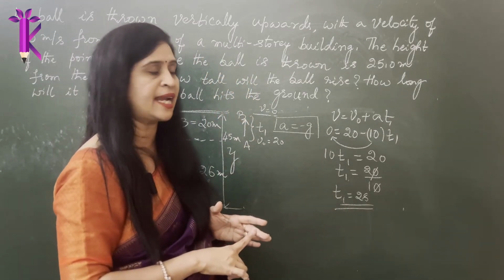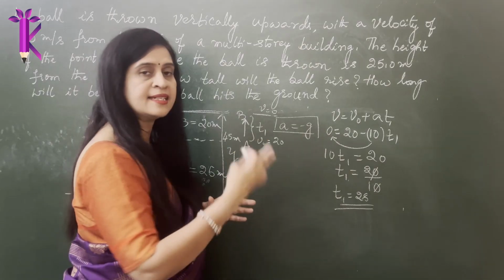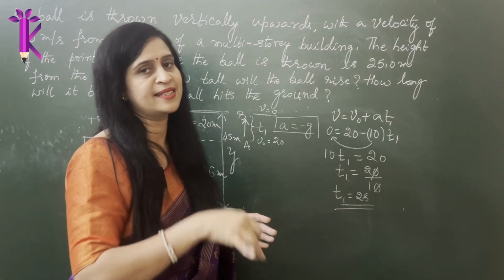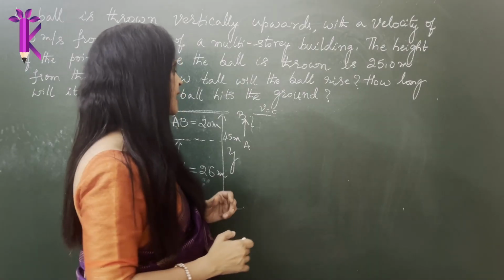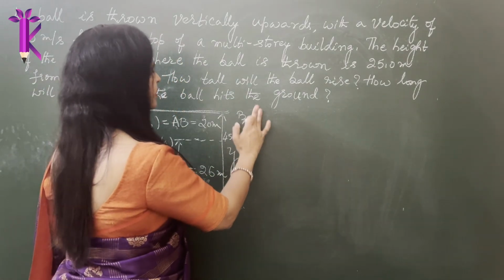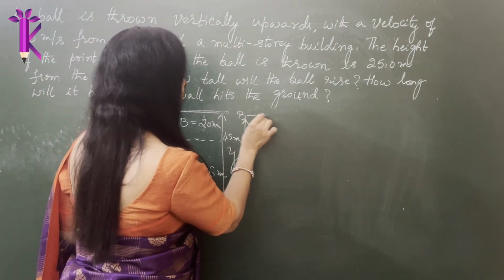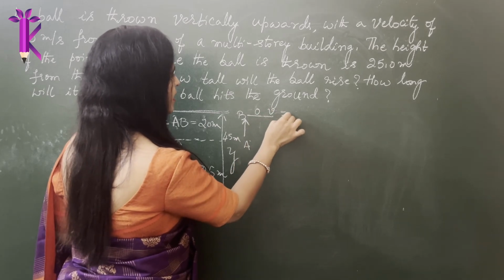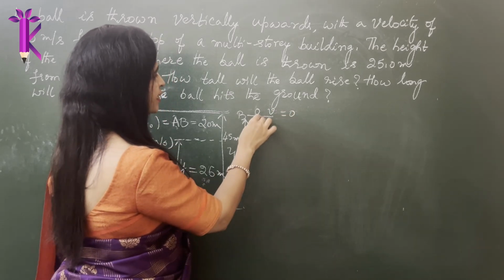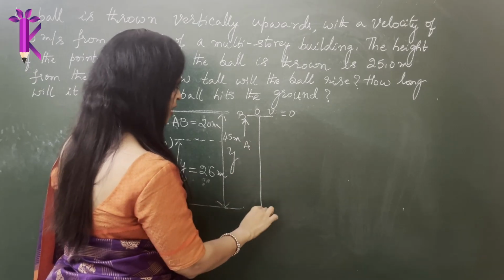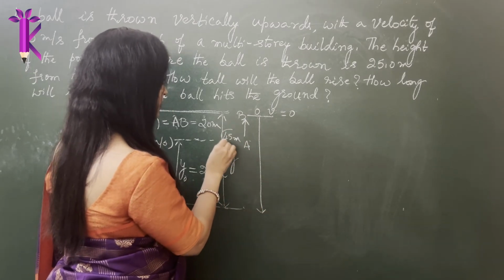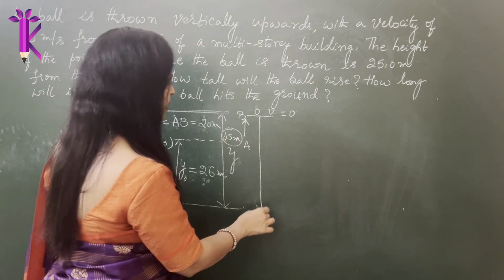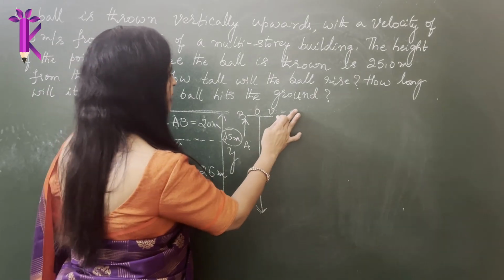Please remember this value. And now we will calculate the other time required from point B to reach the ground. So after it reaches point B, where is the ball now? The ball is here. What is the velocity? The velocity is 0 at this point. From here, it starts its journey towards the downward direction. What is the distance it covers? It covers a distance of 45 meters, which was the overall distance, right? So it covers a distance of 45 meters.